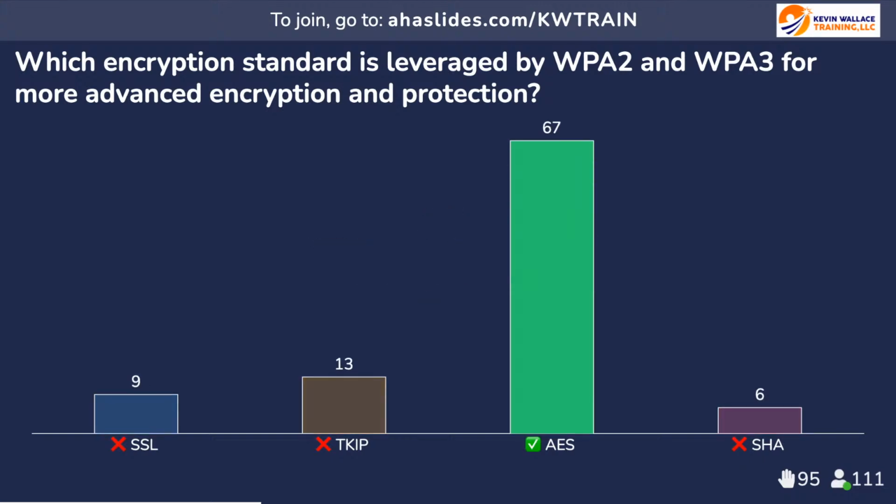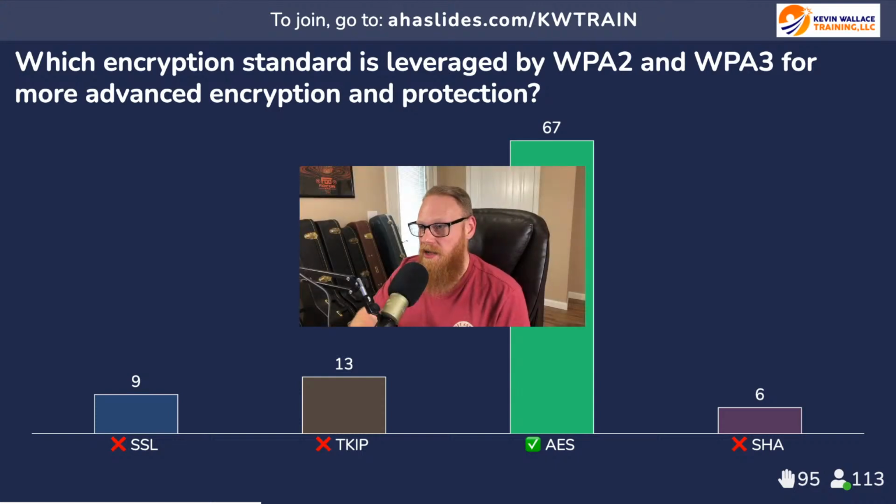And our time is up. The correct answer is AES. And the majority looks like they have chosen that one, so that is correct. When we're talking about encryption standards, TKIP and AES are two of those that are leveraged by WPA for securing a wireless network. The TKIP protocol, Temporal Key Integrity Protocol, is the original standard that was used by WPA,